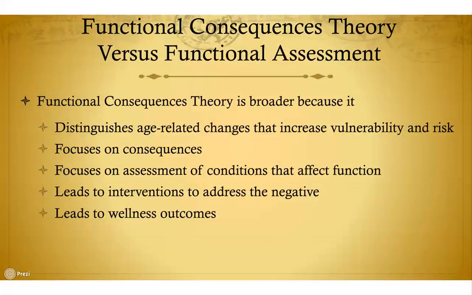Remember that functional consequences theory is much more broad because it distinguishes age-related changes, it focuses on consequences and assessment, it leads to interventions, and it leads to wellness outcomes. So I would use the theory in order to plan my overall approach and care for an individual. I'm going to pull all of these pieces together that are part of the theory in order to plan care overall. So it's very broad. It tells me that I need to pay attention to social, mental, environmental concepts. I need to make sure I do a good assessment, and then I need to evaluate what the consequences are of both risk factors and negative